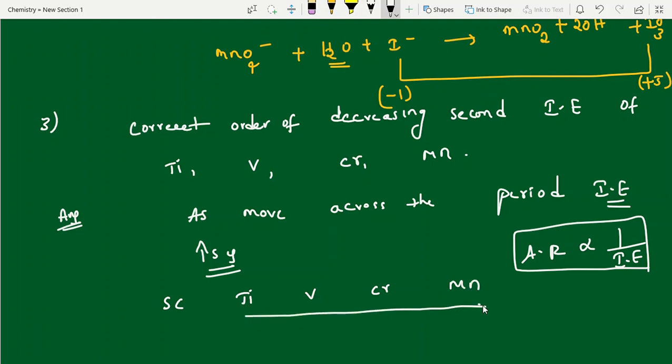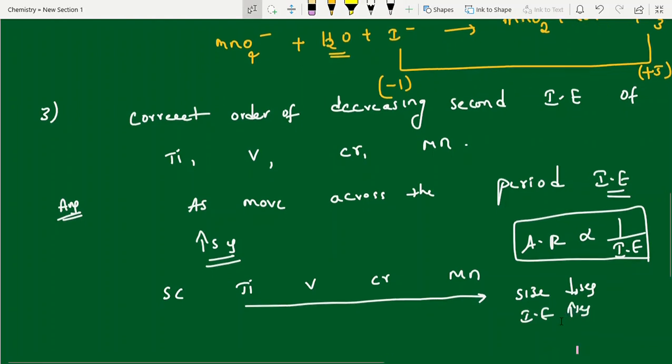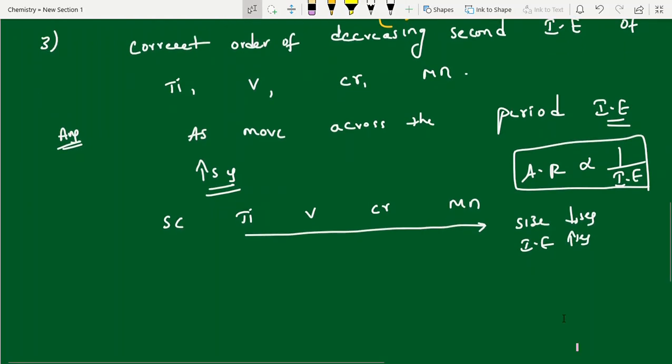As we move across the period, what happens, students? Size decreases, ionization energy increases. So which is having more? Manganese. Is it correct? No. Wrong. Here what is the exceptional case, students? See, chromium. Chromium, copper is there means we have to focus more. See, chromium,